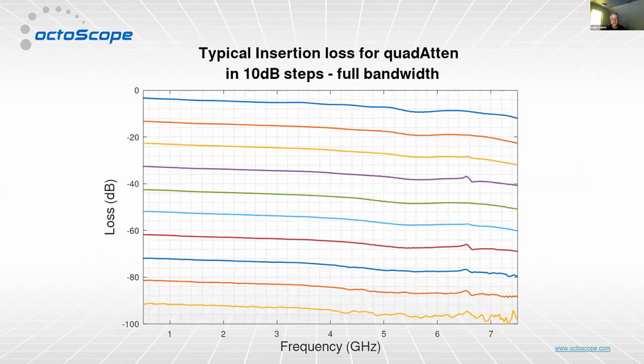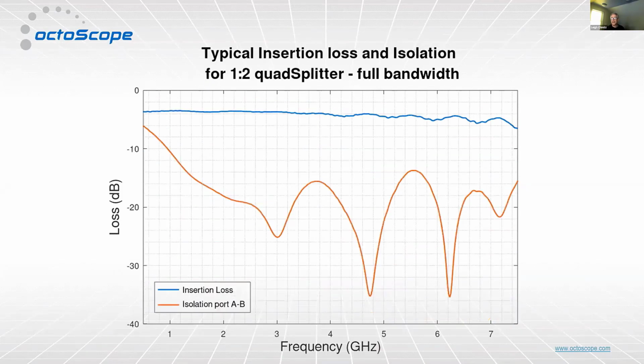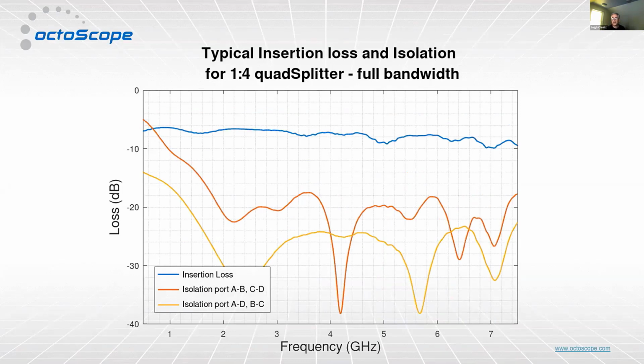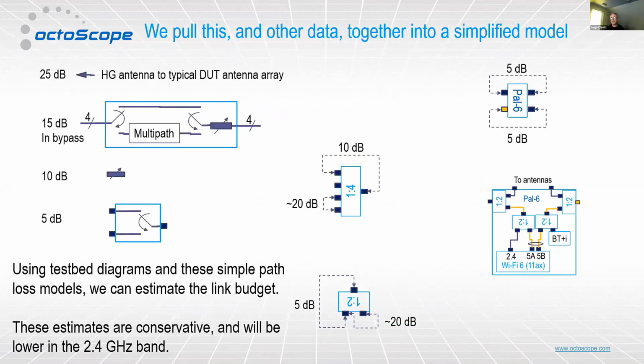And then we have the same kind of data for everything, right? We have attenuators. So just again, even if we don't tune the attenuator to a certain attenuation, we just put it in and leave it at 0, we get loss. That's the insertion loss. And here's the measurement of that insertion loss for attenuators. Here is the measurement of that insertion loss for some of our splitters, 1 to 2 splitters, 1 to 4 splitters. Again, we have a lot of different things, but all of those fall under that big bucket of stuff